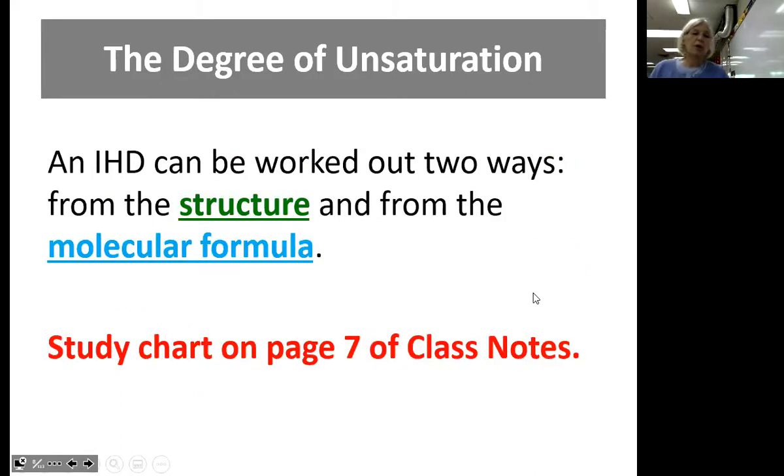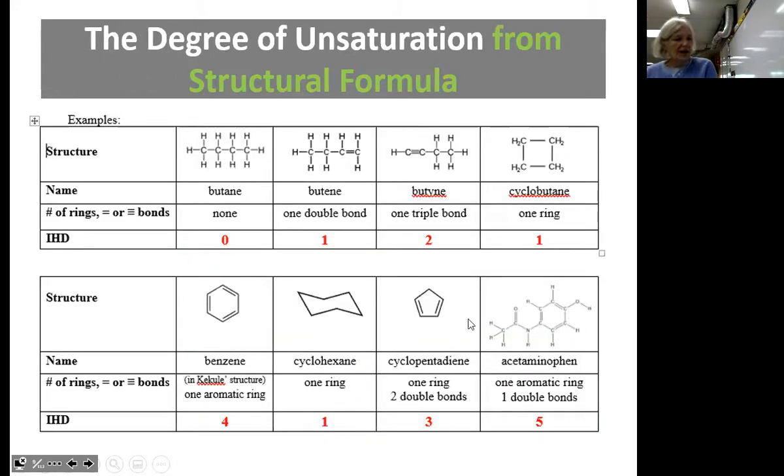So the IHD can be worked out 2 ways. First, I'll show you the structure, and you'll determine how many hydrogen molecules are required to saturate. Secondly, I'll give you the molecular formula, and you'll still determine how many hydrogen molecules are necessary, the index of hydrogen deficiency. If you would go to page 7 of your class notes. This handout is showing you both of those methods. Here, I'm giving you the structure of these compounds and the names, and I've given you the index of